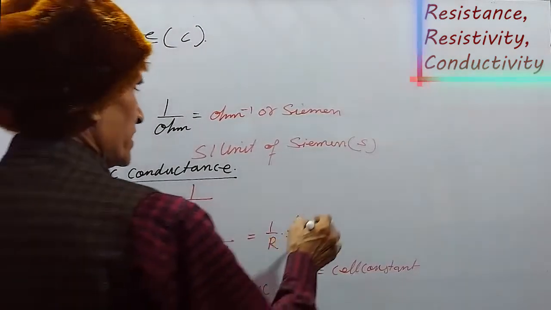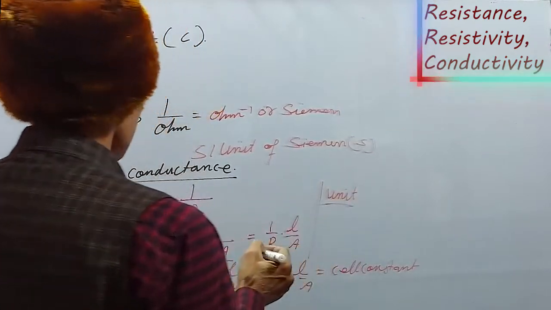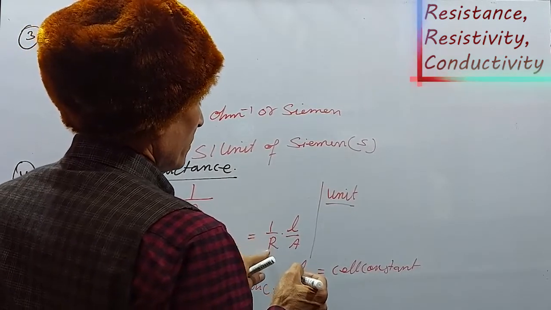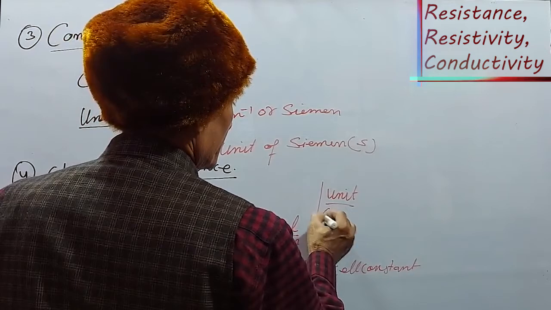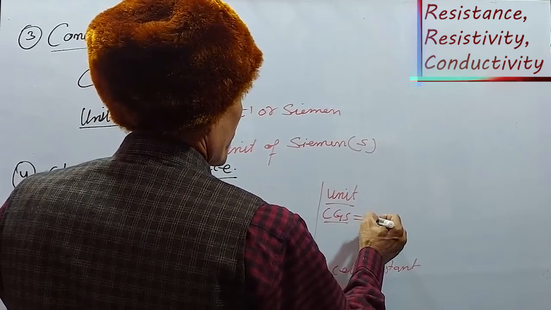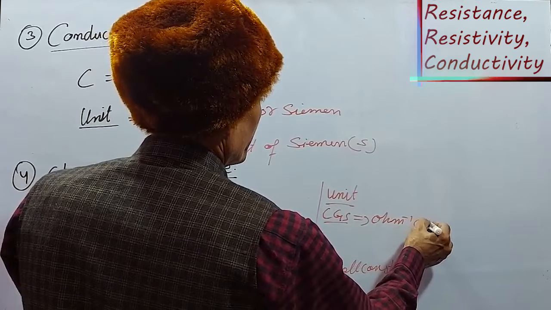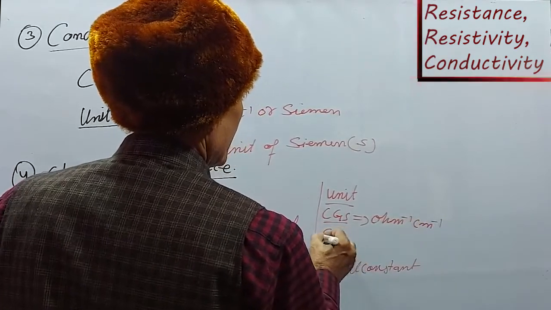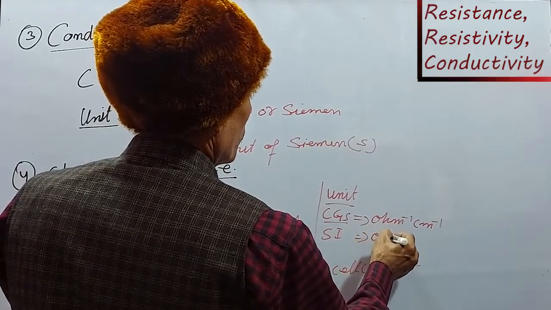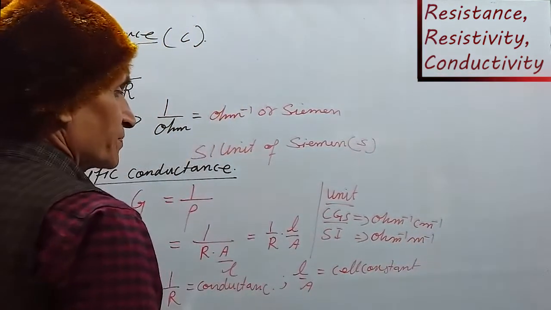Now unit of this specific conductance is per ohm per centimeter in CGS system. In CGS system the unit is per ohm per centimeter, and in SI system its unit is per ohm per meter. Now